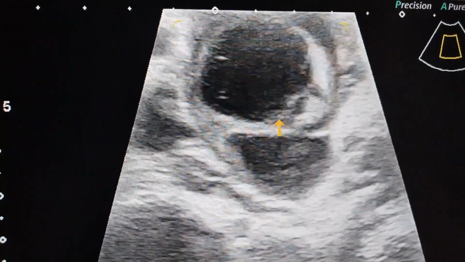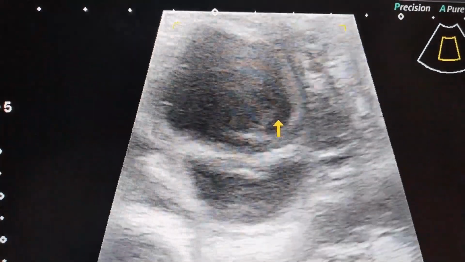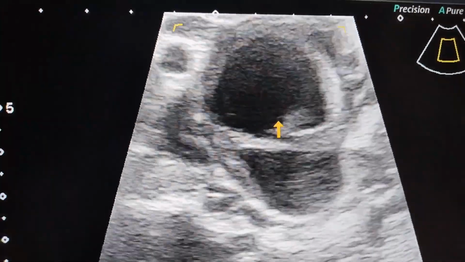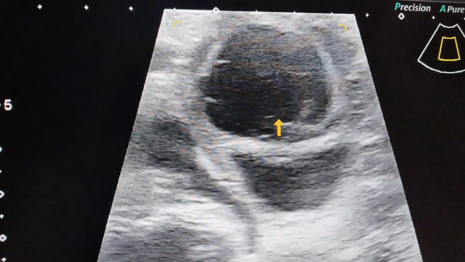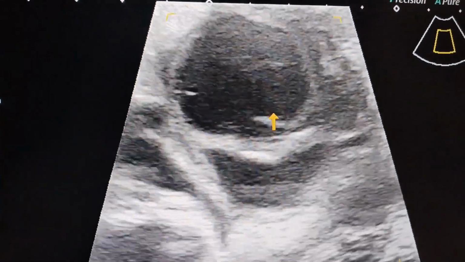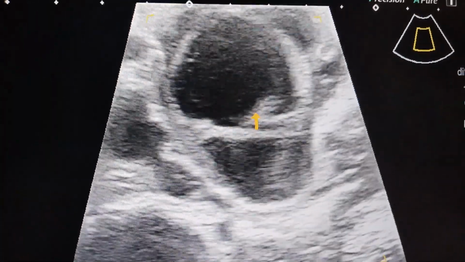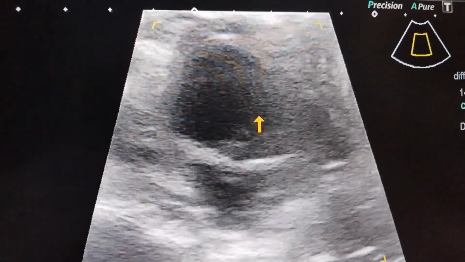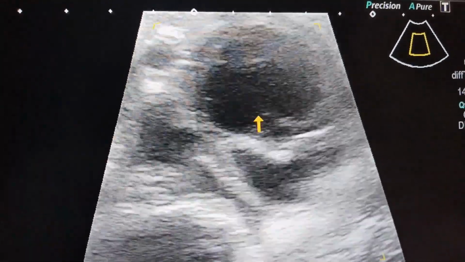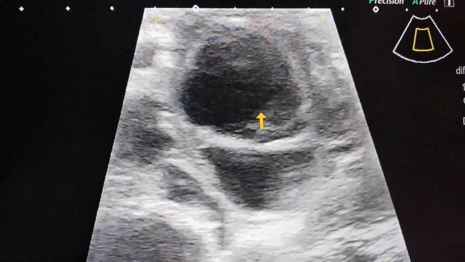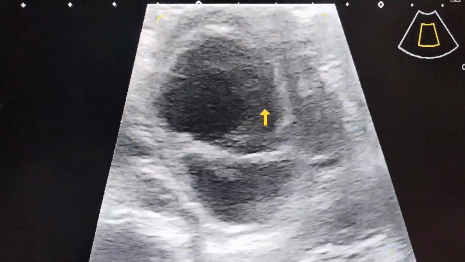So this is another shape of the hemorrhagic cyst, another appearance, another shape of the hemorrhagic cyst. So the hemorrhagic cyst may present with different orientation, different